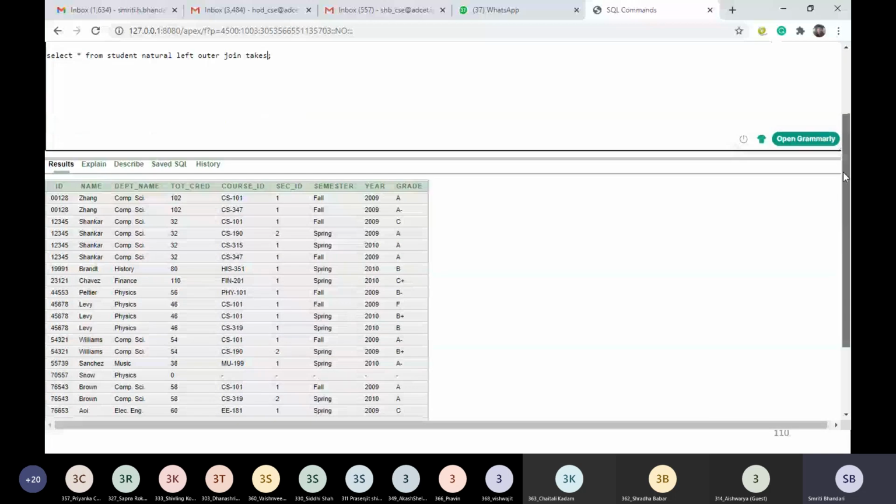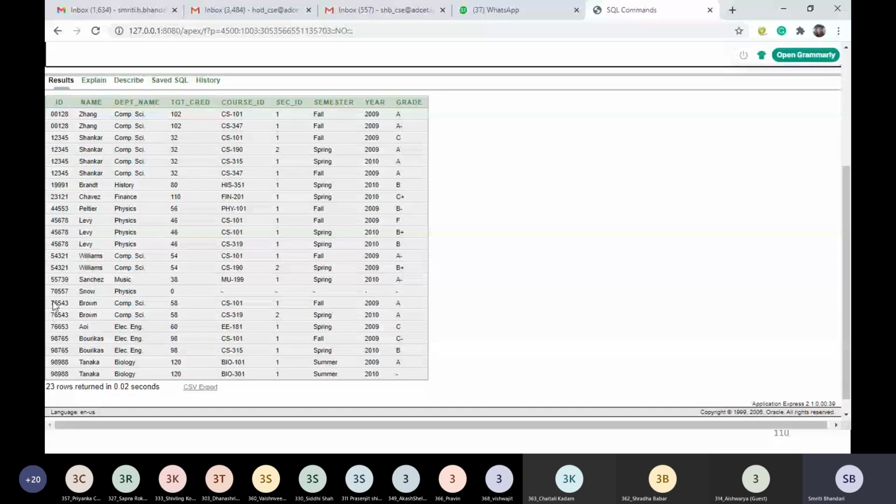Okay, so let's see this practically. So simply we are modifying this. What we want? This is our earlier output, and now we want to extract only this student. Why? Because this student has not opted for any of the courses. So in our natural left outer join result, for this particular student, the course ID is null.